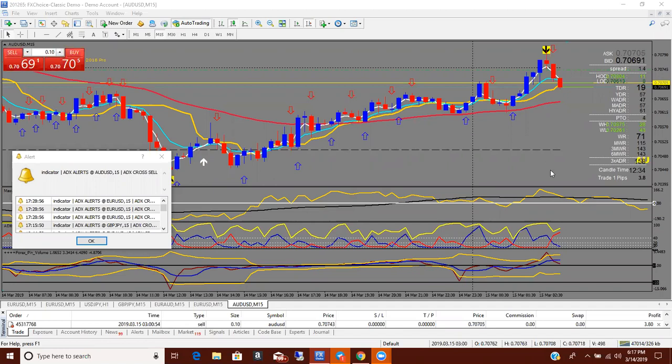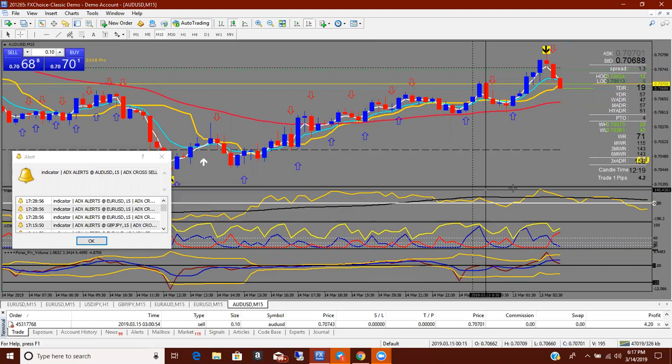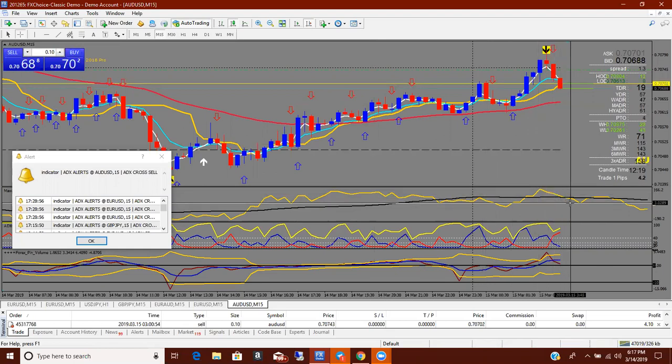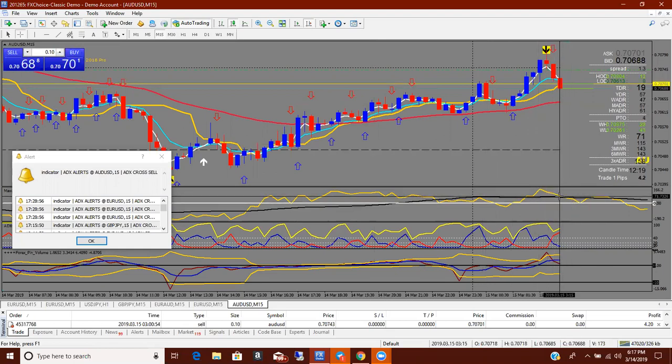I just ordered this, I entered this trade a couple of minutes ago. I got a signal here from my ADX alert that told me price was going down, and I looked at the MEQ line from Agimat and it was showing me it's going down. So I'm looking to see the candle in line with the AM line, and you can see it's going to go on here and further on there. About 12 candles and approximately,